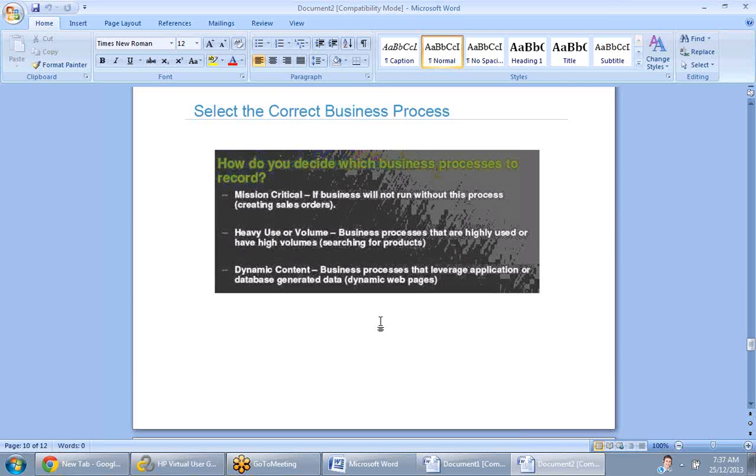For example, for the dynamic content pages, it varies depending upon the data it is fetching. For example, if it is a file, the response time will be different. If it is an image, the response time will be different. If it is an audio file, the response time will be different. If it is a video, again the response time will be different. It will take more time to retrieve the video.